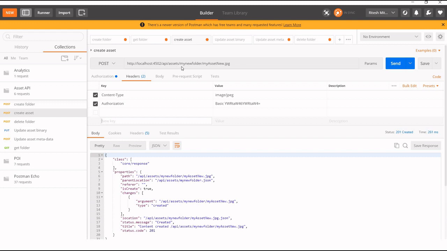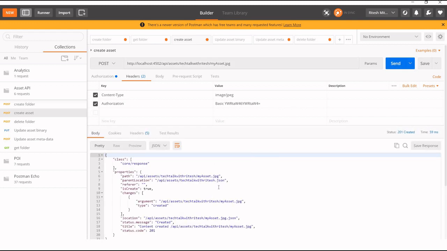What I will do, I will just create a new asset inside the Tech Talk with Ritesh folder. Maybe I will just give it myasset.jpg. Everything looks good.